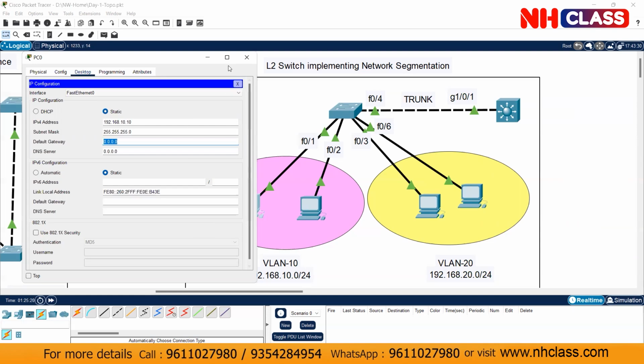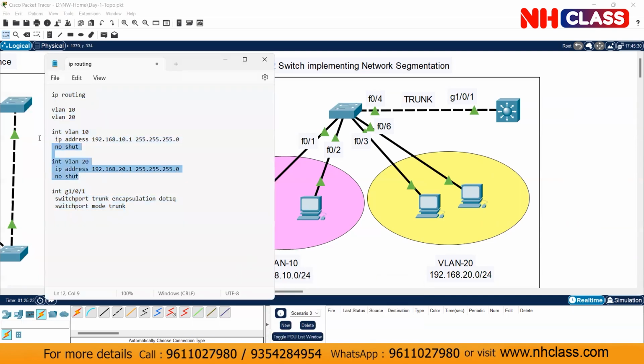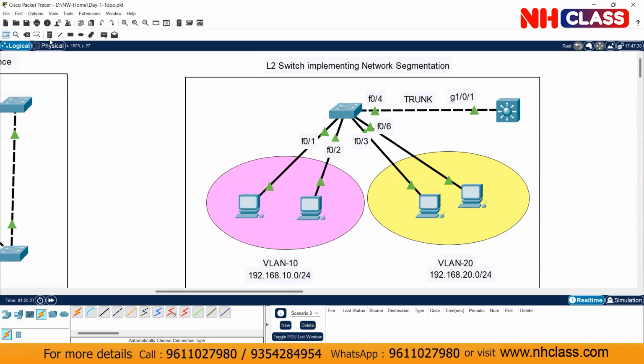L3 has now 2 SVIs. Switch virtual interfaces we have created. What we have done is we have built 2 virtual interfaces on the switch. Inside this, there are 2 logical interfaces created. One is called SVI 10, other one is called SVI 20. SVI 10, what is the IP we have given? We have given the IP 192.168.10.1, and the other one we have given the IP